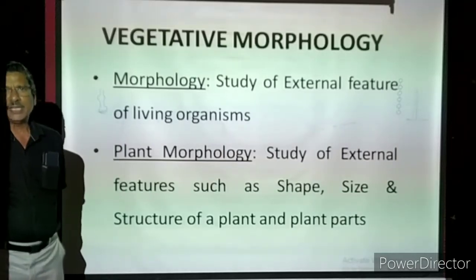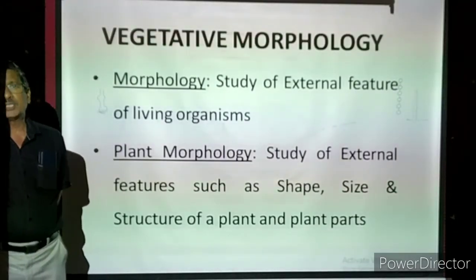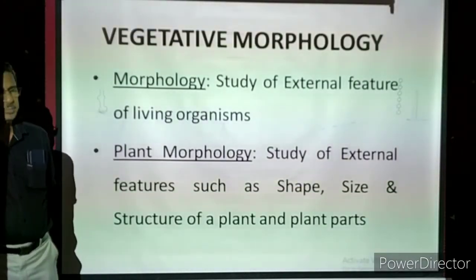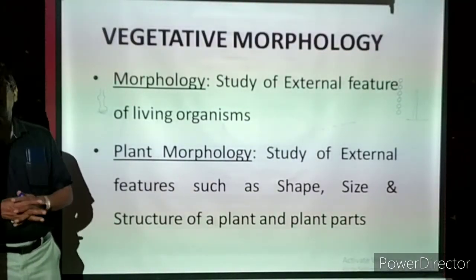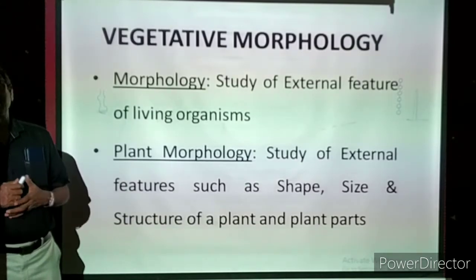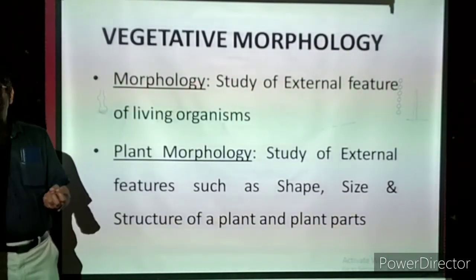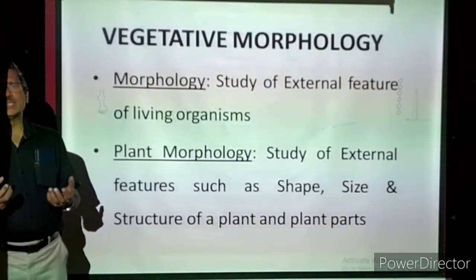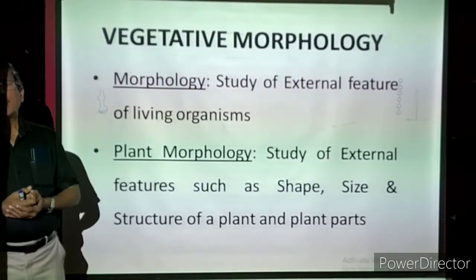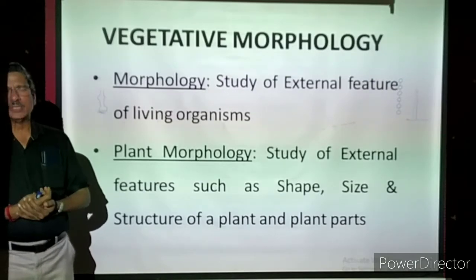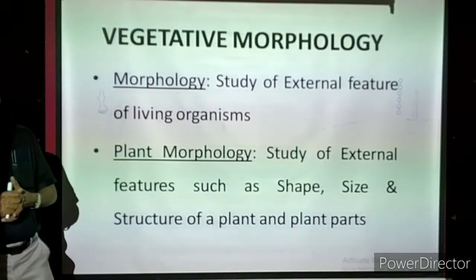I'm going to start a new topic in botany, 11th standard botany, biobotany. Now, generally, when we are going out of the house, we are seeing so many varieties of plants. Some plants are very small, like grasses. Some plants are average in height, that is shrubs, and very tall trees are also seen. So, like that, varieties of plants are present.